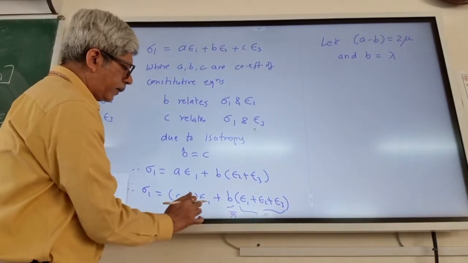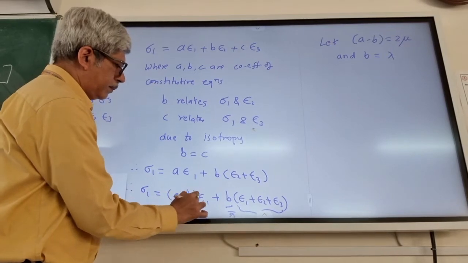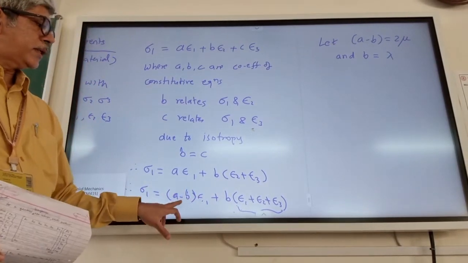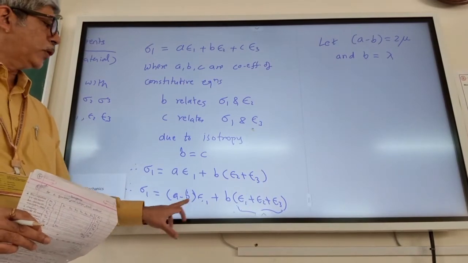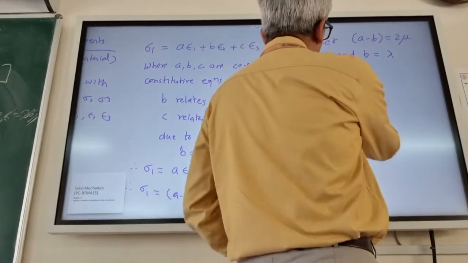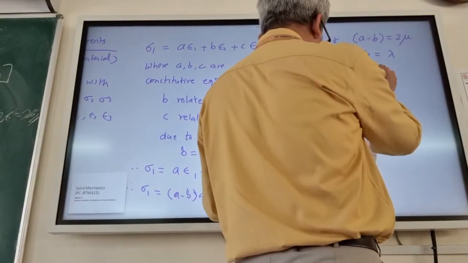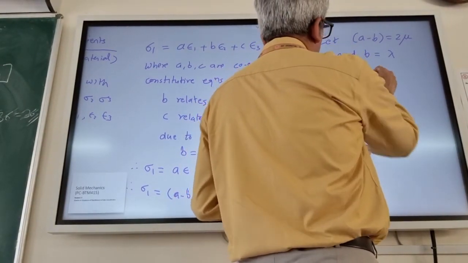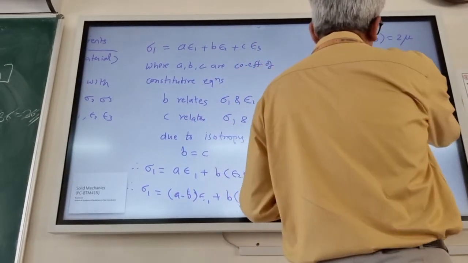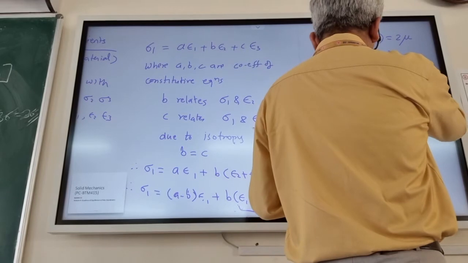Let me not write here, otherwise it is not division of this term. So this is 2 times mu and this is lambda. So we can write this equation as sigma 1 equal to lambda times the volumetric strain plus